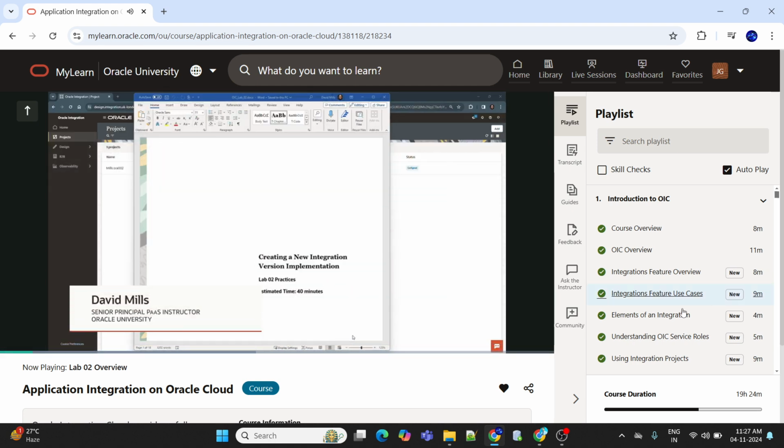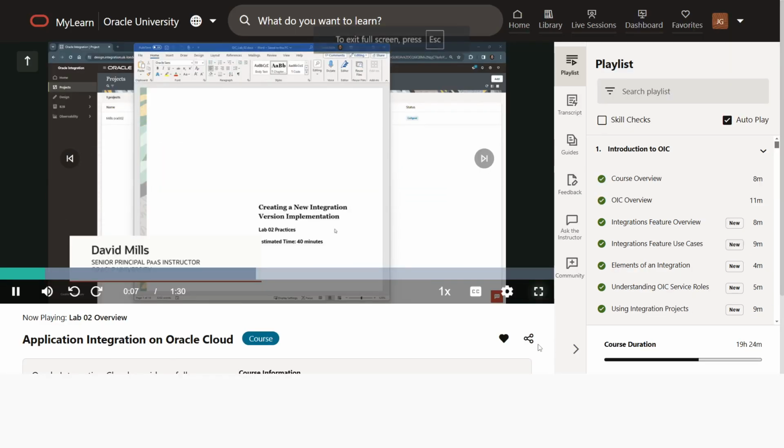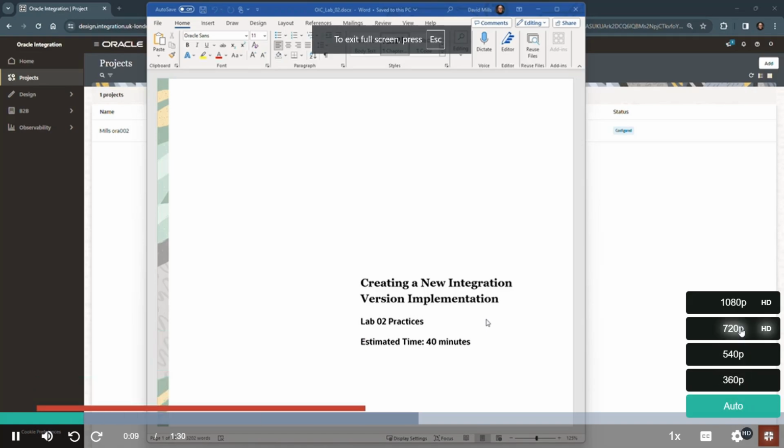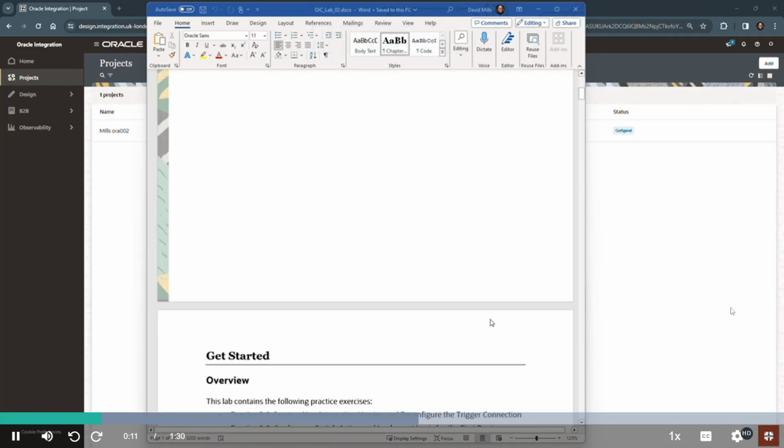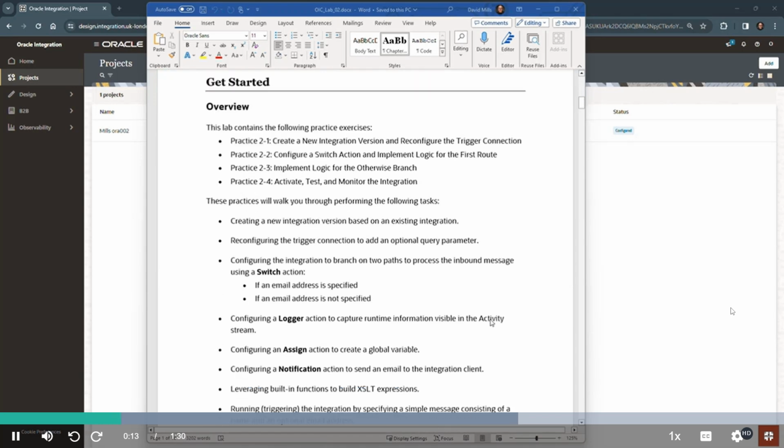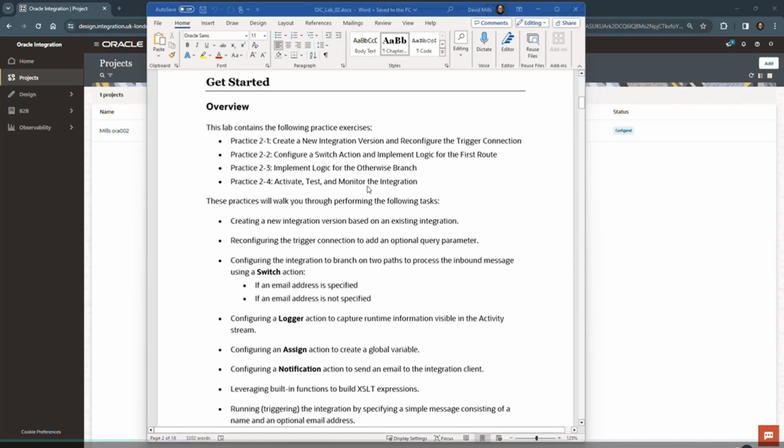Welcome to the overview for Lab 2, creating a new integration version implementation. So in this lab exercise, there are 4 practices involved. We're simply going to create a new version of the integration we've already created back in Lab 1,